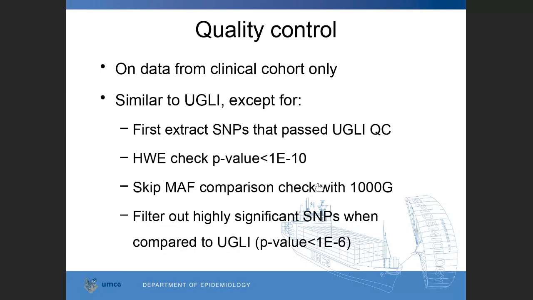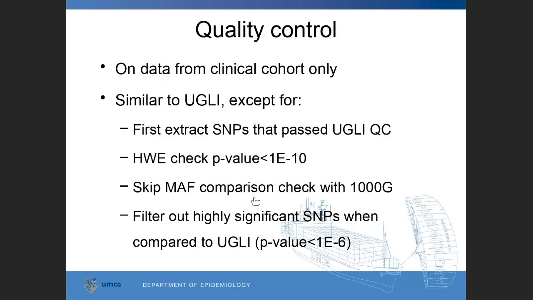Skipping this entire step resulted still in too many false positive hits. So we thought, okay, we just put a more lenient threshold for it. Then in Lifelines, they did a minor allele frequency comparison with